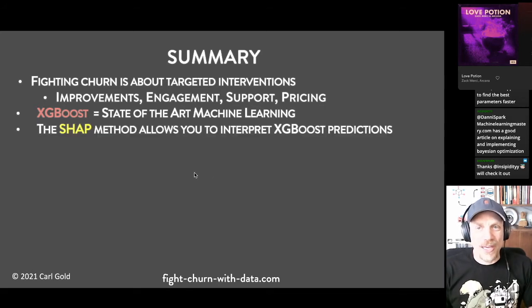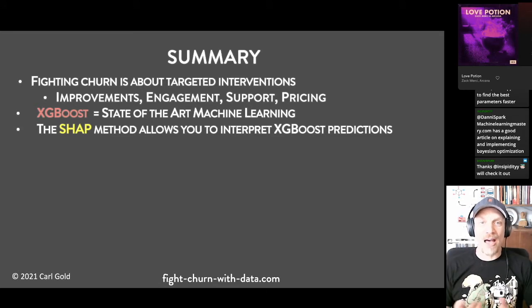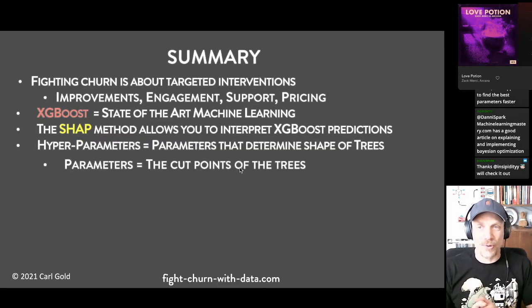The SHAP method allows you to interpret XGBoost predictions, and it makes XGBoost much more interpretable than it ever used to be. Honestly, I said earlier in the stream, when I wrote the book, I didn't know about the SHAP method. So I said, use logistic regression to interpret your data because it's easier. You can look at the coefficients. And at that time, I didn't even advise people to try to interpret XGBoost because personally, I always found those explanations so unsatisfying. But with the SHAP method, you should definitely use it to interpret your XGBoost.